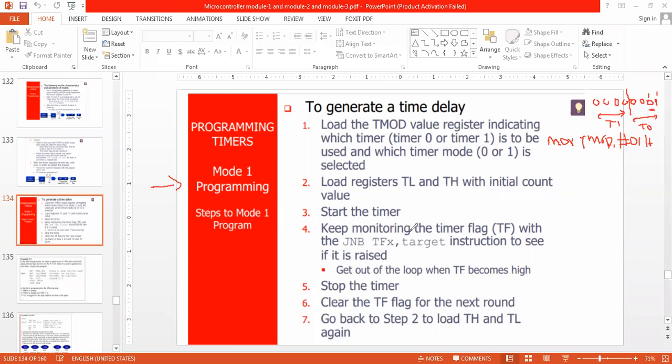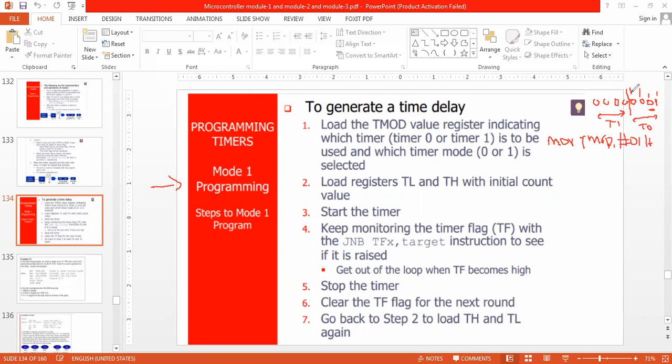Mode 1 program. C/T bar is equal to 0. It means I am using a timer, not a counter. Gate is equal to 0. It means I am not using any of the external inputs, like T0, T1, pins number 14 and 15.